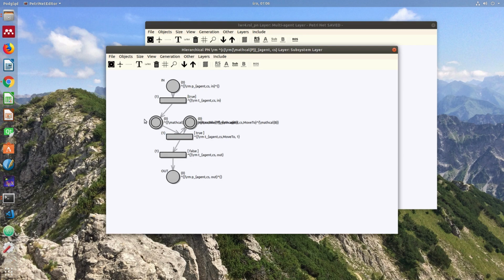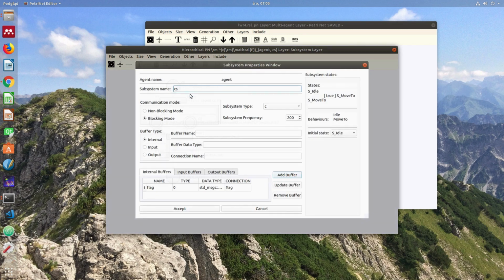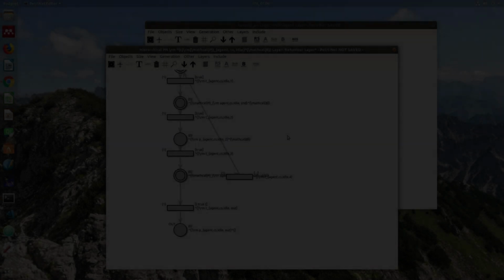The third layer is the subsystem layer, which describes the activities of subsystems switching between behaviors. Each behavior is defined within the behavior layer. The behavior layer defines how the subsystem executes the transition function and how it sends and receives data to and from